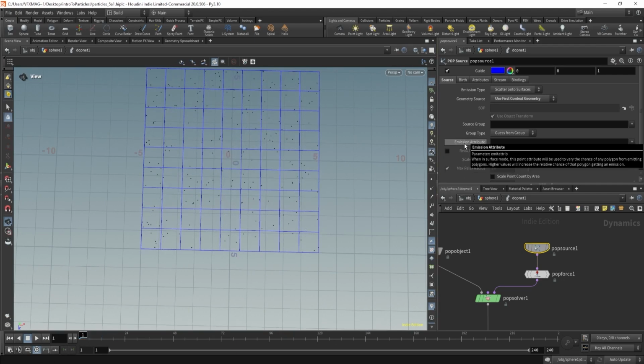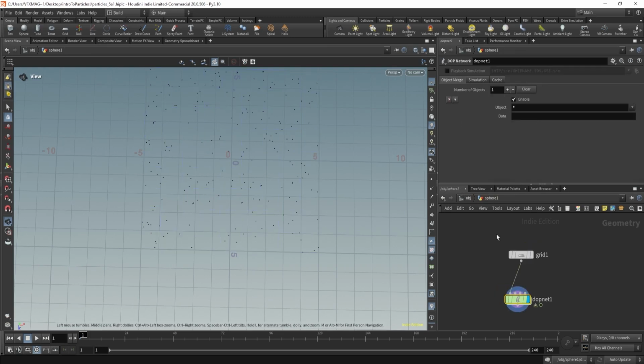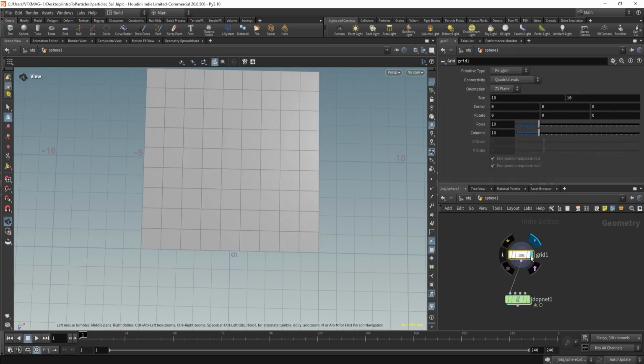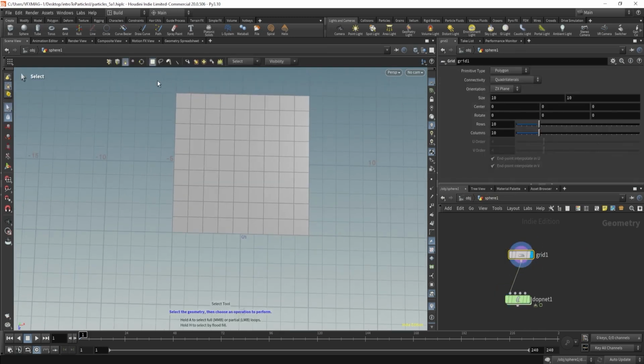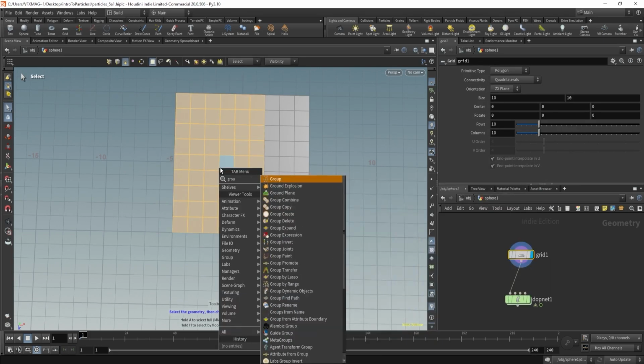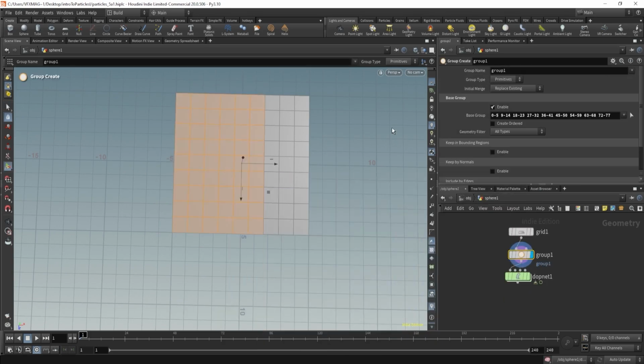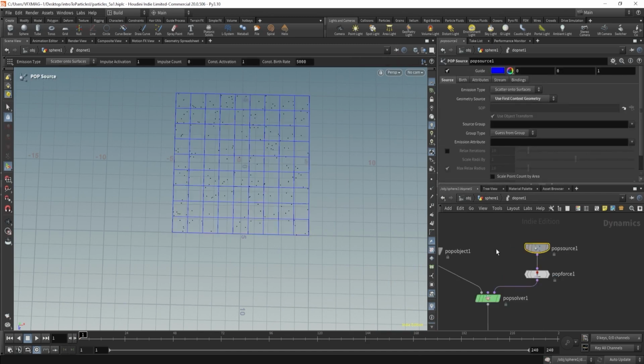And we have some source group and all. What source group is, if you want to select any specific area over here, you can create a group of that. So I want to select this area and I will just create a group. Yep, it's a primitive group, right? So it will work like that. So here we have to select primitive and source is group,